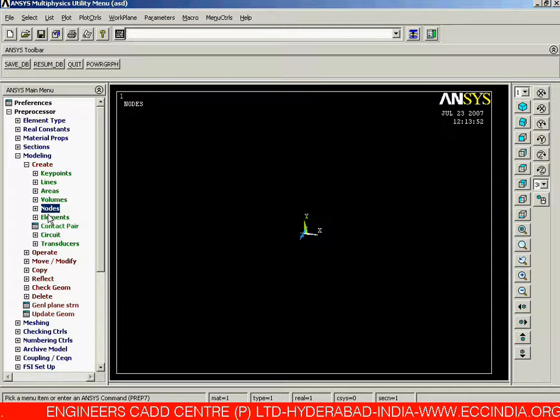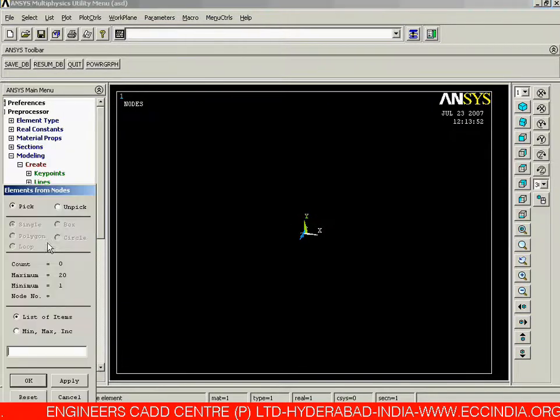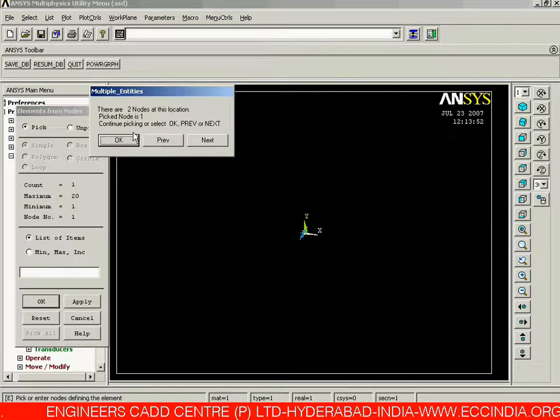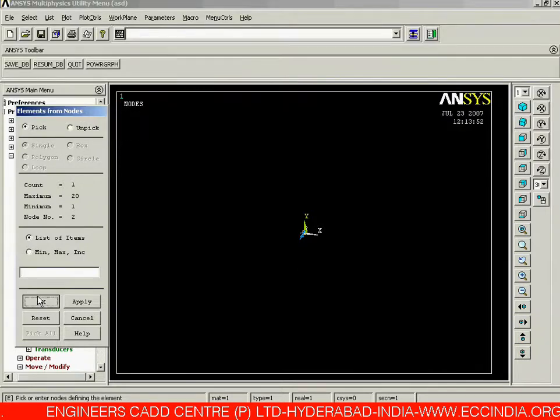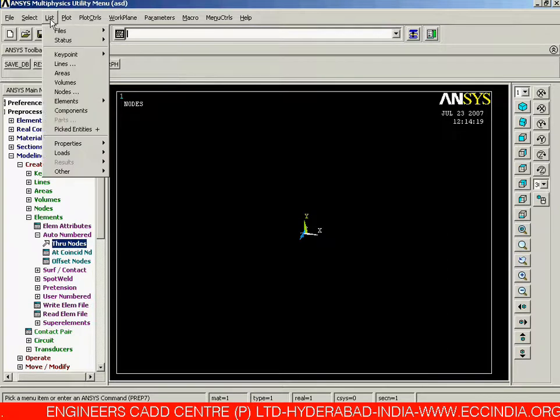Once we are creating the nodes, now we should go for the element creation. Let us say elements auto numbered through nodes. Single click over here. Let us select the first one and say OK. Now again select the second node, again say OK, and outside over here again say OK.